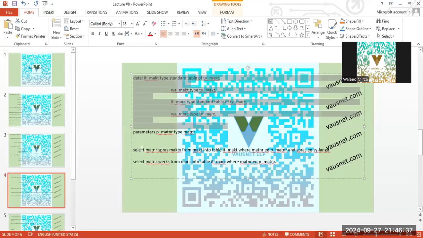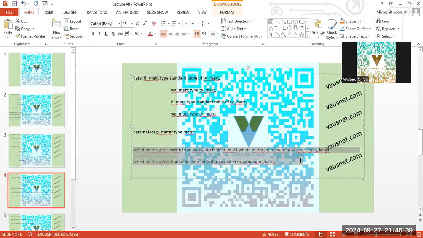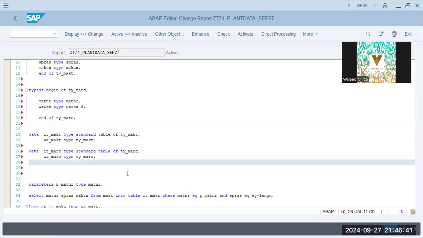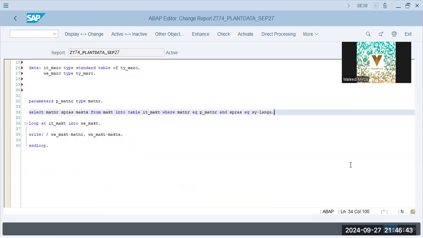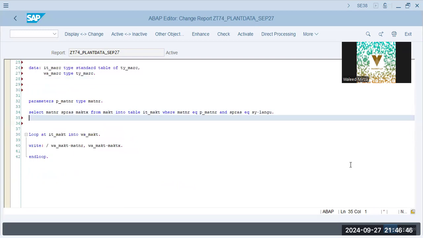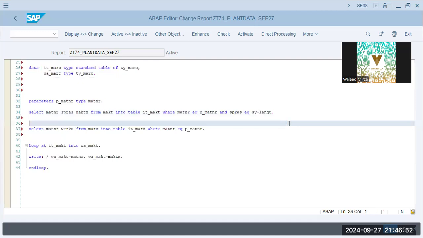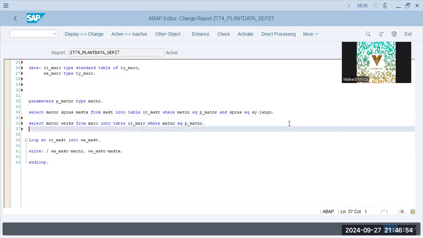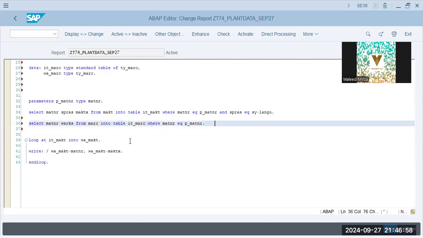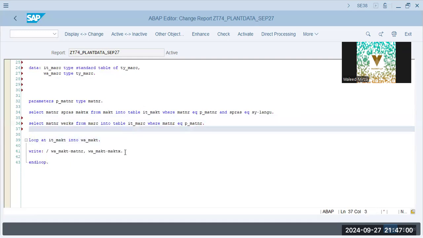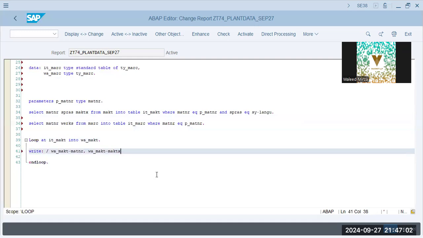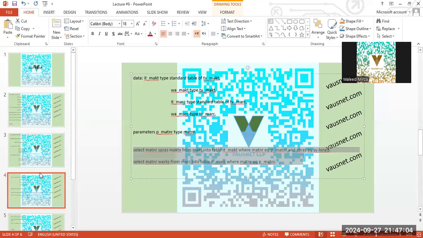Select matnr spras maktx. Okay, then select matnr spras maktx. I'm getting table IT_MAKT. My matnr is equal to matnr, this is the same. Select matnr werks from MARC into table IT_MARC where matnr is equal to P_MATNR. Now we just have to give some more details, and those details will be